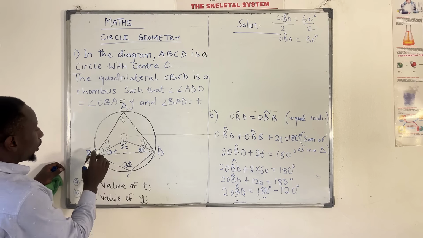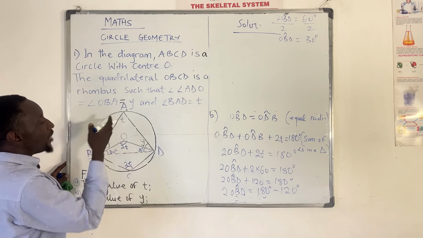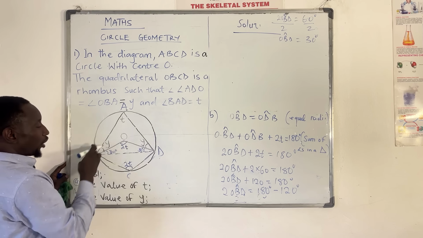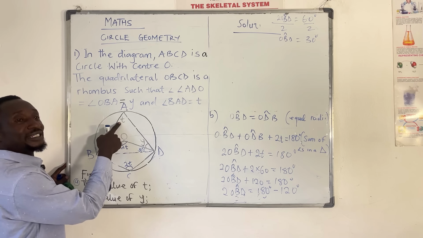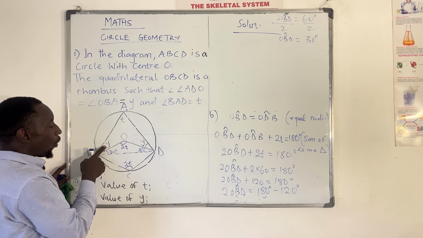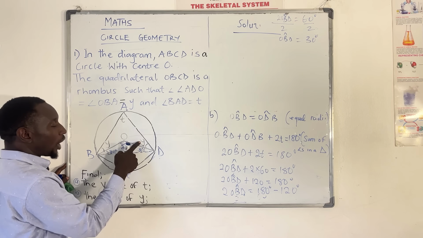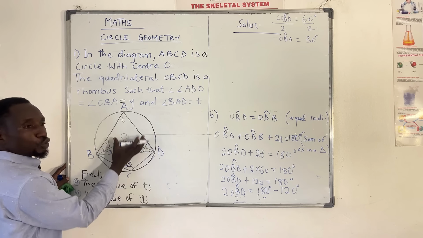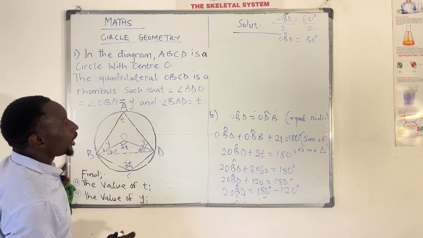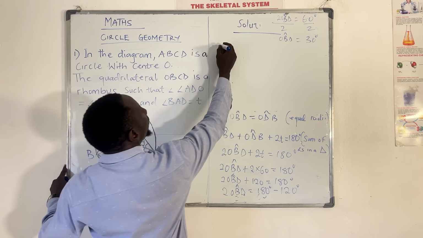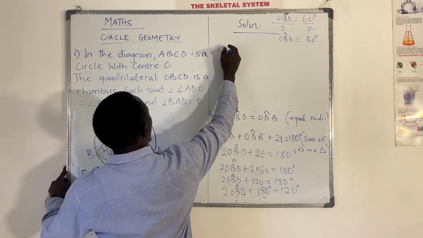So if you look at the angles that make up this bigger triangle, you have T, you have Y plus 30, and you have another Y plus 30. So I will sum these up and equate them to 180. So I have T plus